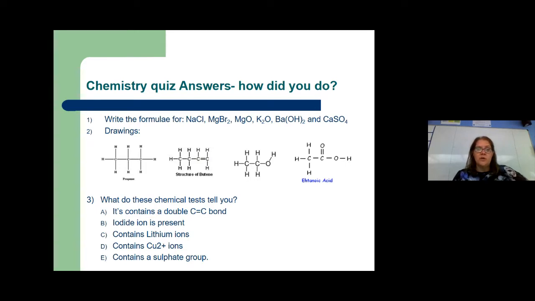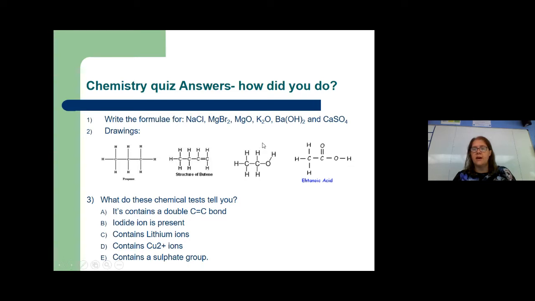The organic molecules: we've got propane, which is here. It's got 3 carbons because it's prop-, and it's an alkane, so it's got no double bonds in there. We've got butene, which does have a double bond. You could put the double bond here, or in the middle, or on this side. Any of those answers would be correct, as long as you've remembered not to put the hydrogen in where the double bond is. You can only have 4 bonds around a carbon.